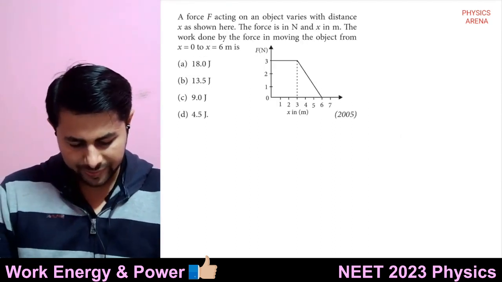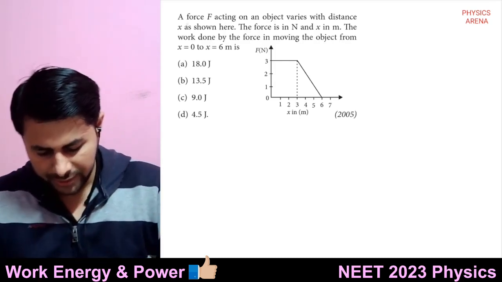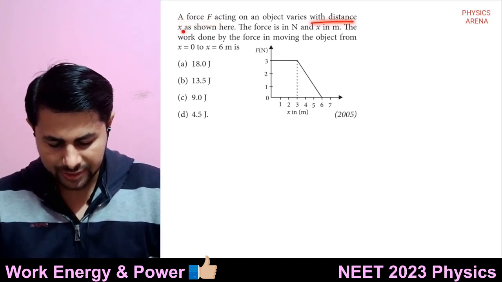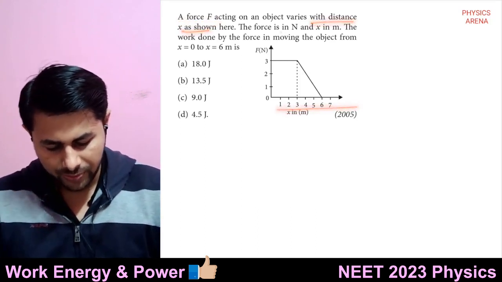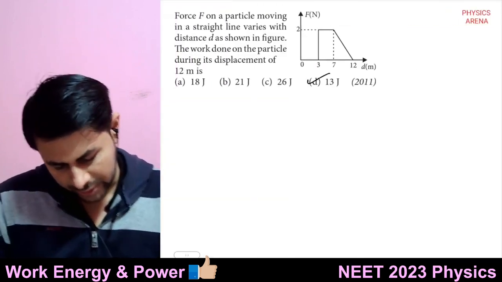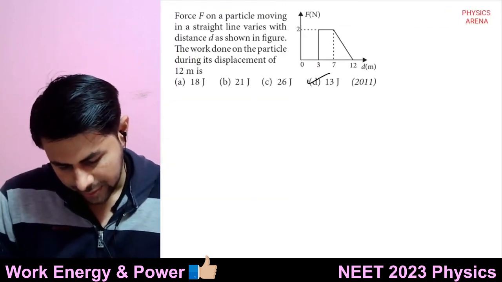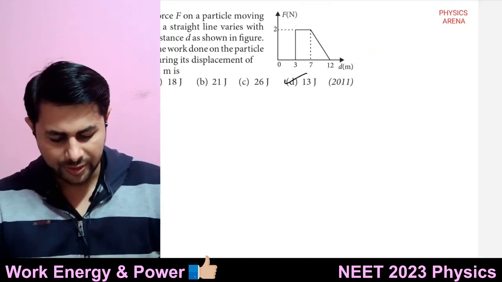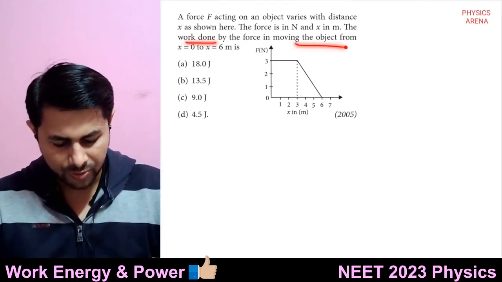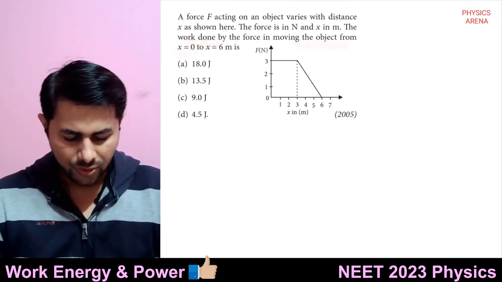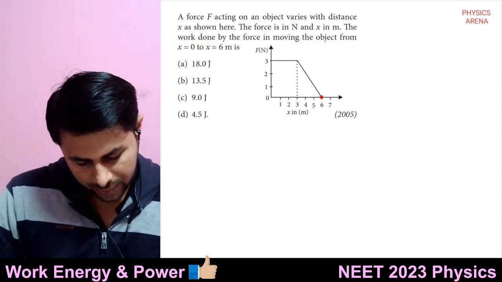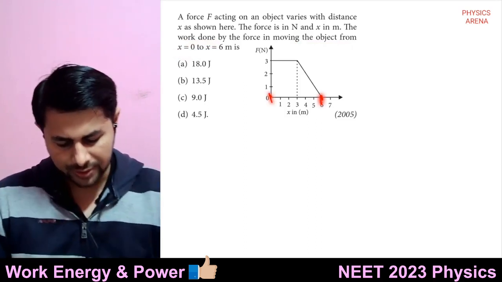This is simple, right? So this question is, a force acting on an object varies with distance x as shown. The force is in Newton and x is in meter. Was it given in the last question? Yes. So units were given along the x and y axis. The work done by the force in moving the object from x equal to 0 to x equal to 6 meters is